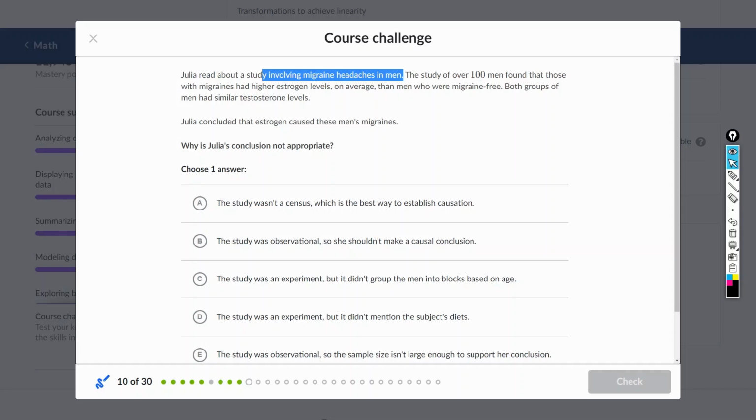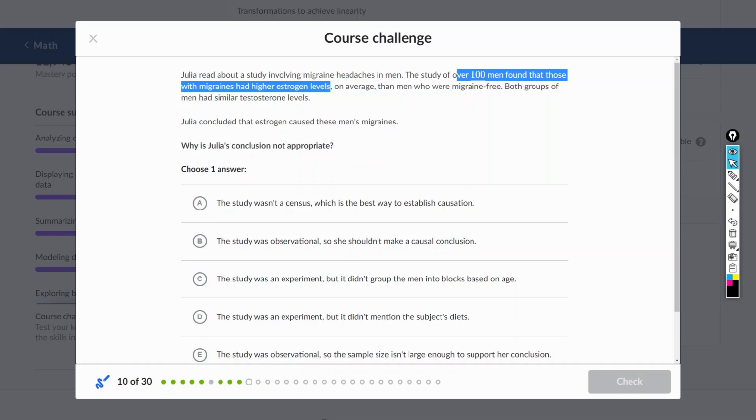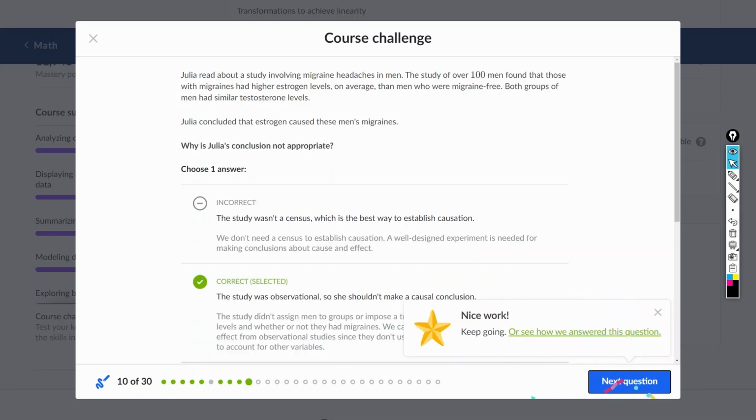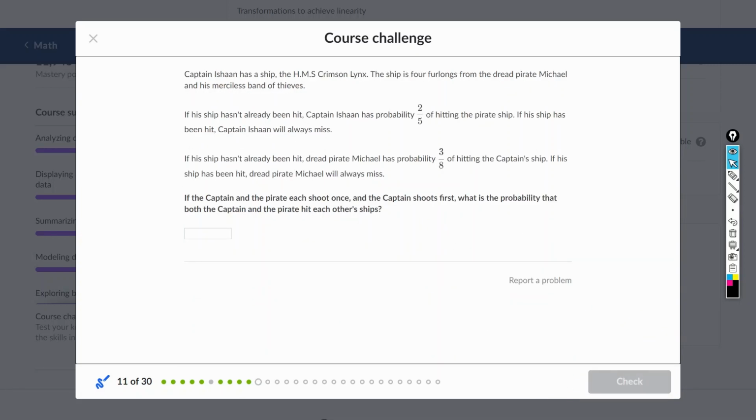The study was observational, so we shouldn't make a causal conclusion. 对，他没有做任何实验，只是观察了一下。对。